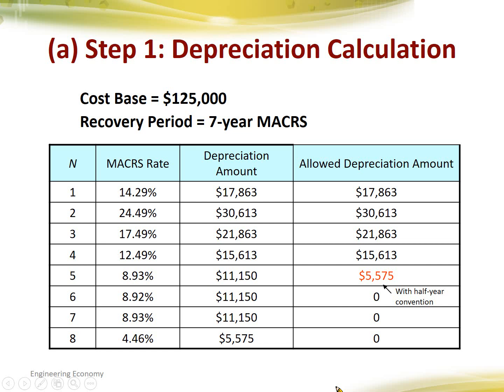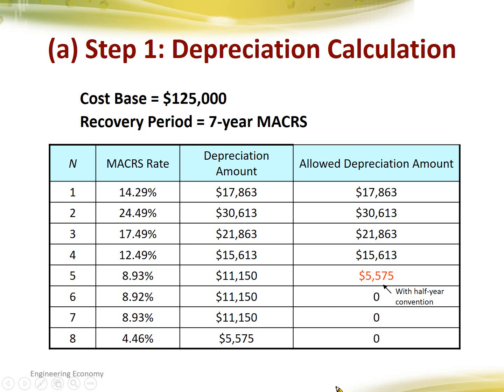That is how we get 8.93, 8.92, 8.93, and the last year, half of the previous year. All of the depreciation rates added together for the original declining balance should come to 100%,